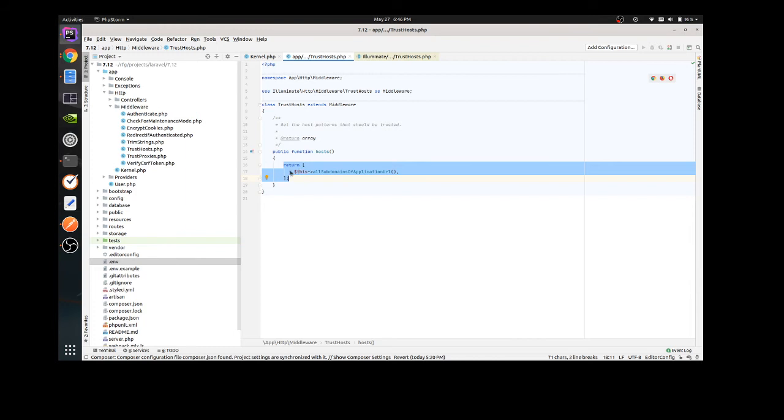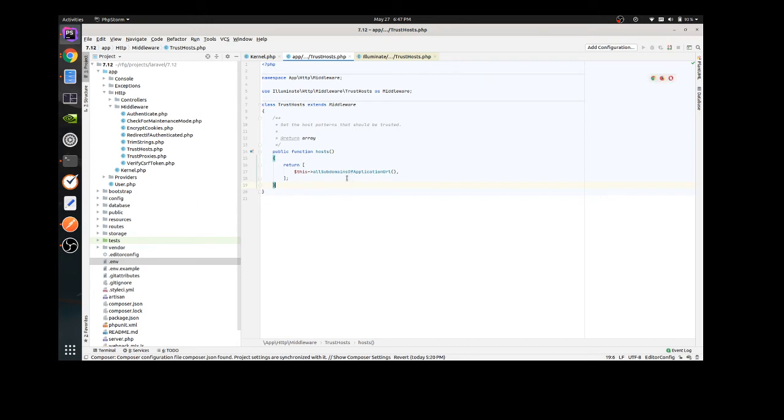As you know, we can rewrite this part, we can make the array using our own requirement, or add the values hard coded. But right now it is calling all subdomains of the application URL. So that means it is trusting all hosts which are based on the subdomains of the current request. Like if we call from one domain, which is your parent domain, all the requests which are coming from their subdomain will be treated as a trusted host.